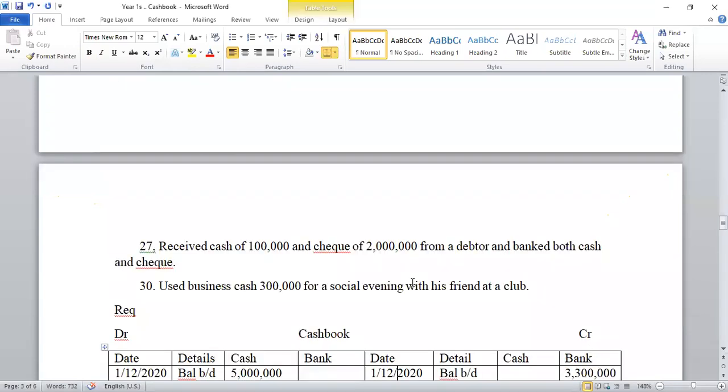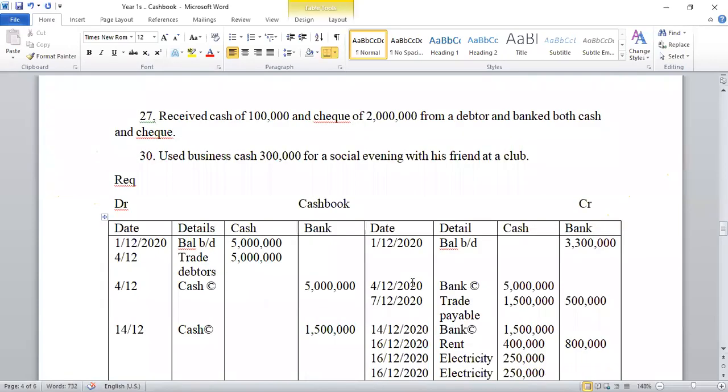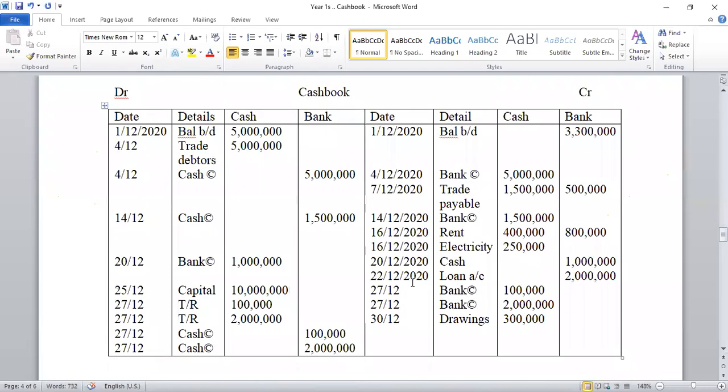So the next task was to balance it off. I know this is our first discussion, but I believe you guys have covered all the lectures, so you should be able to balance off a ledger or a T account. Nevertheless, I'm still going to demonstrate it here, and you guys maybe pick a leaf from there. So this is our cash book. When you're balancing off a cash book, especially a two-column cash book, you concentrate on one at a time. For example, now I'm going to concentrate on the cash balances.